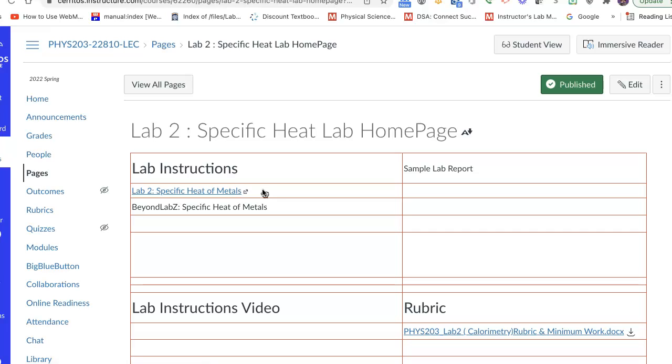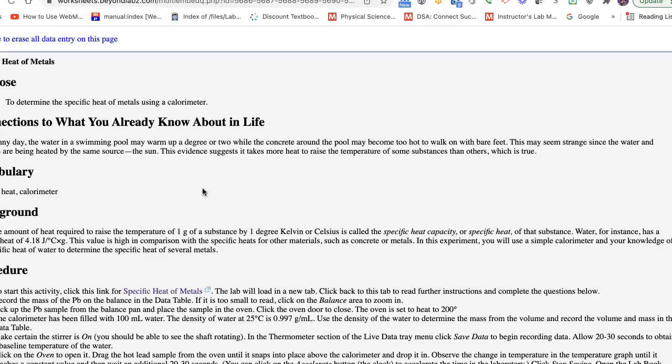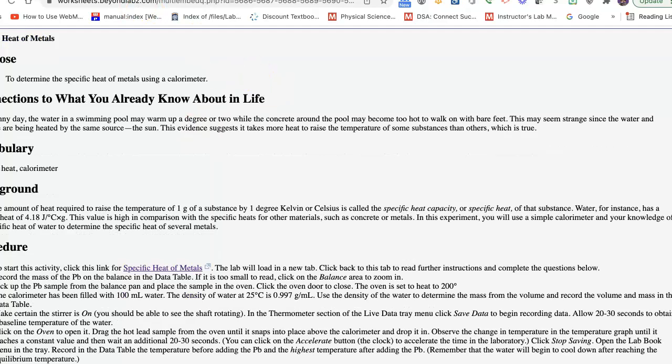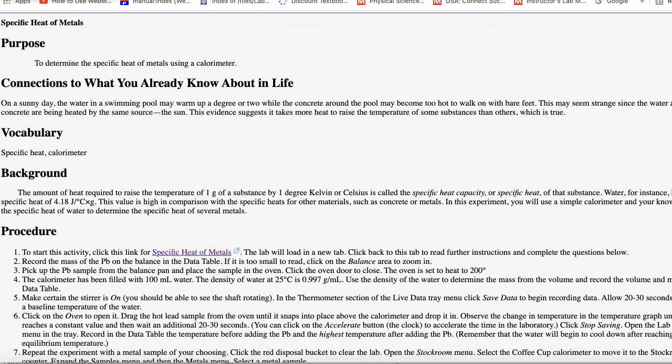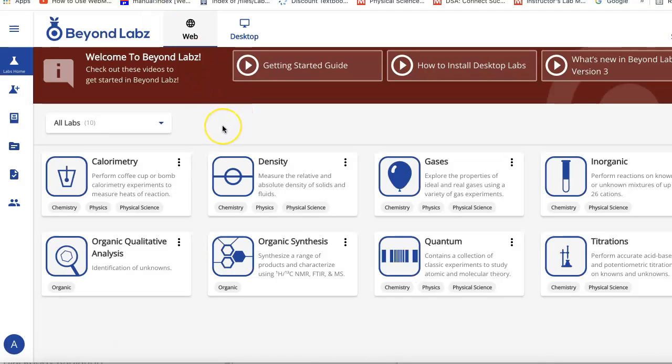You can go right away here where it's going to take you to the lab. But also, let me show you, if you go to Beyond Lab Z,